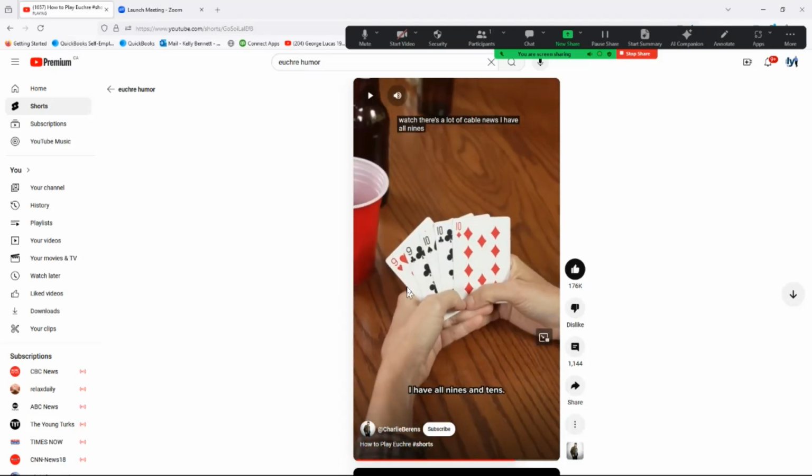I have all nines and so I wanted to pause it here. One of the things I like in Trickster, which is the software I'm going to be playing the games on online, is that you can set it up for no face, no ace, no face. It'll automatically redeal. I'm going to show you how to set that up. I do like it. I think it's only fair. I mean, you get a hand like this, what can you do with it? You can't help your partner, can't help yourself.